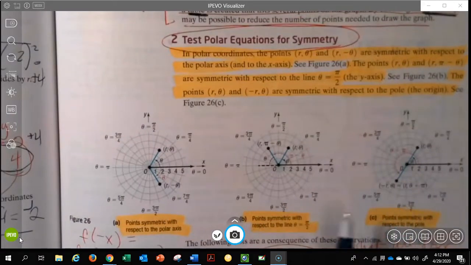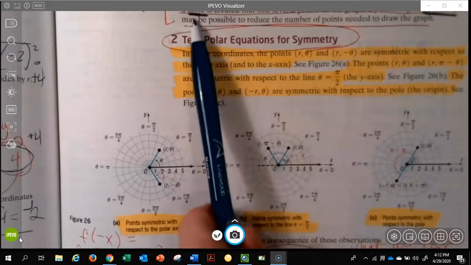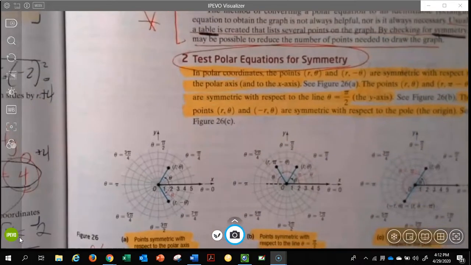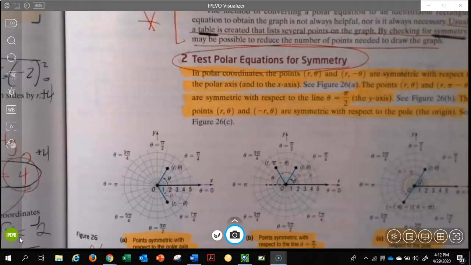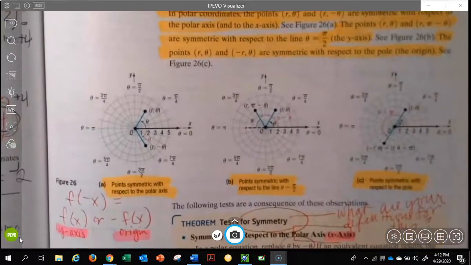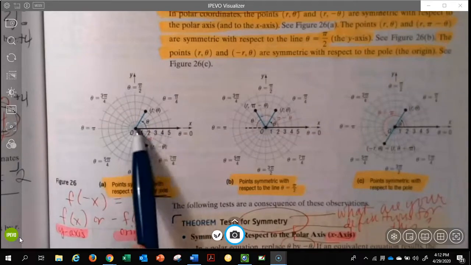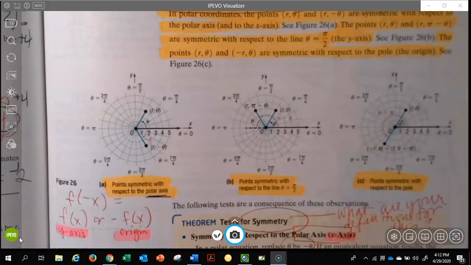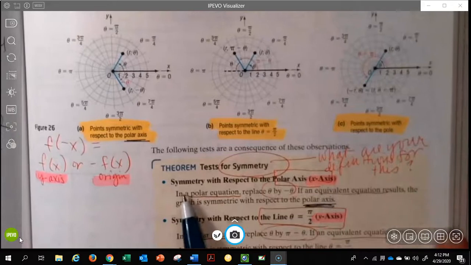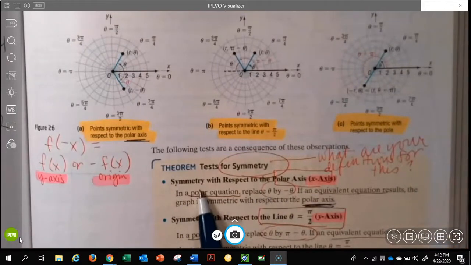formula card. You and I are going to be testing for 3 types of symmetry. Then we're going to go back and do a table based on what we find out on the symmetry to graph some very cool objects that we're about to see on the next few pages. So the 3 that we need to note, this one says points symmetric with respect to the polar axis. And if you look at the polar axis, it kind of looks like somebody we used to know as the